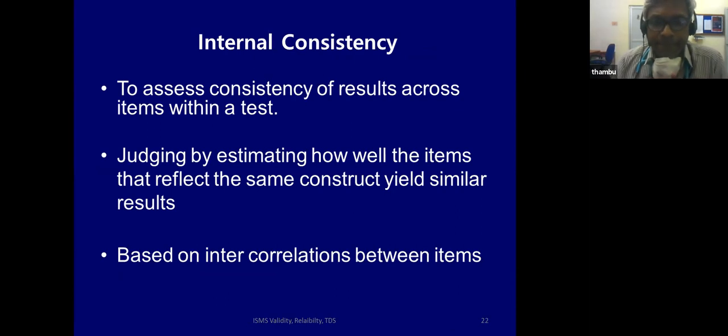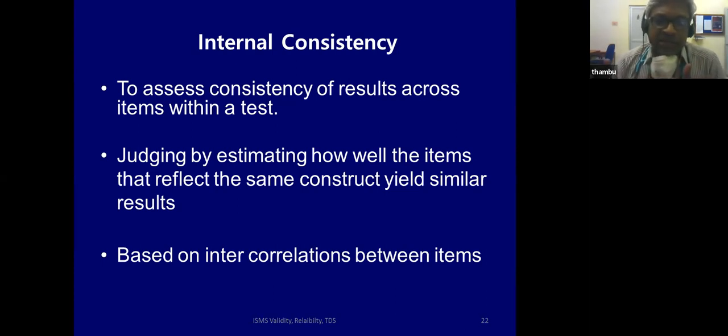The next thing is called internal consistency. If I ask you, does this person have mania or some other mental illness, or is the patient happy, or how did you like my class? And I give you 3 or 4 questions. All of them should give you similar kinds of answers. All the questions within that particular score should give you the same kind of answers.